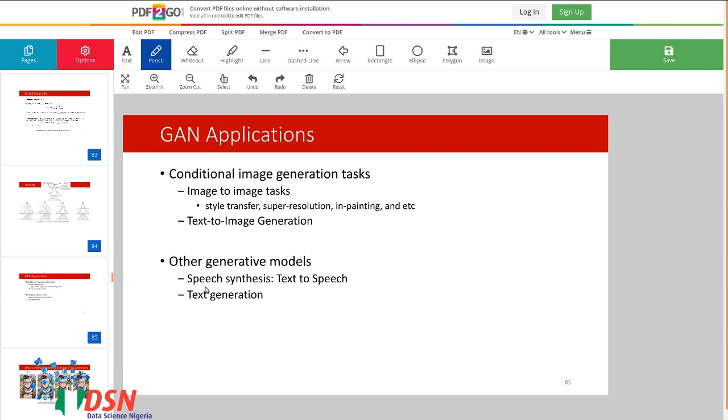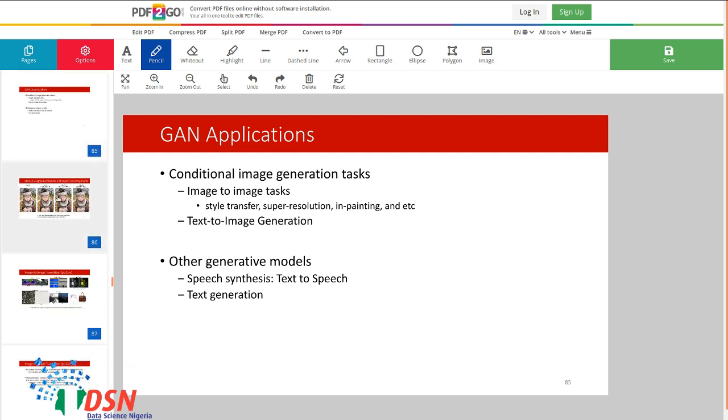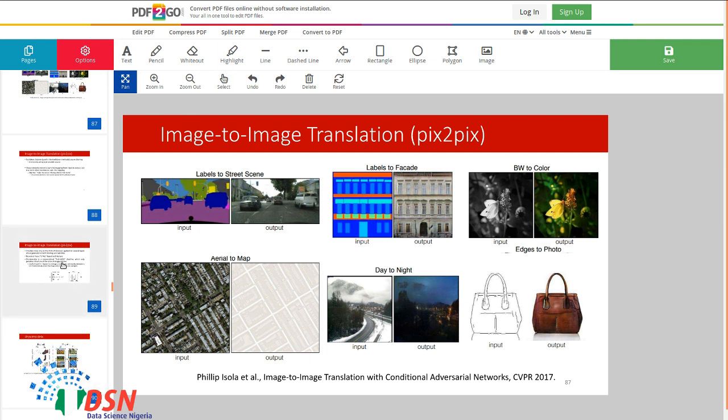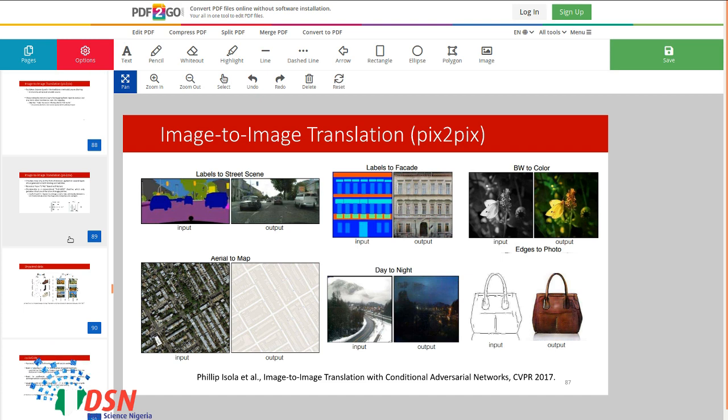Also, you could use GANs in other applications like speech synthesis, text generation, or text to image generation, and there are other different architectures to use GANs. There are lots of variants of GANs which you could read the papers about.